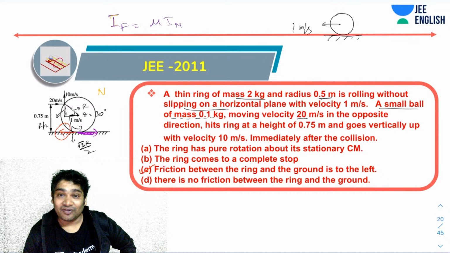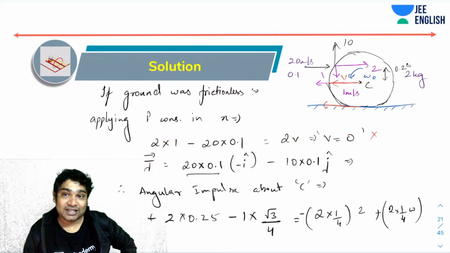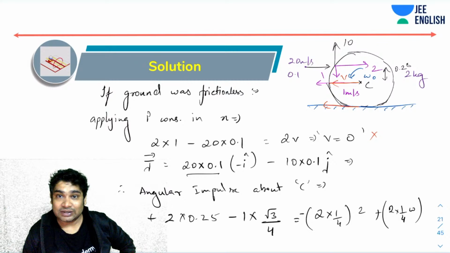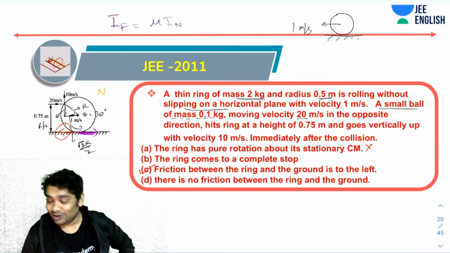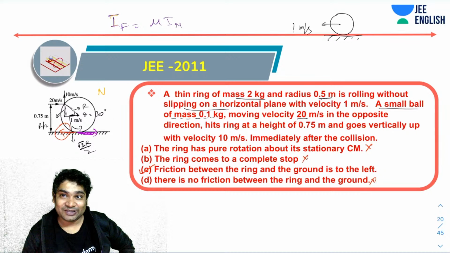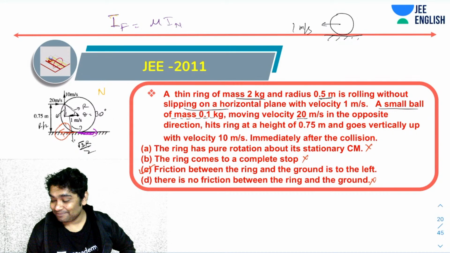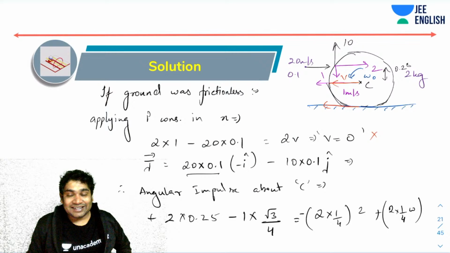Why? Because if there was an impulse due to friction also, then this would have retained its velocity. The velocity wouldn't have come to zero. So this becomes wrong. If this becomes wrong, then this obviously becomes wrong, and this of course becomes wrong. So C is the correct answer, but you had to analyze it a lot. You have to imagine that there was no friction, analyze the situation with that, and then what we realize is